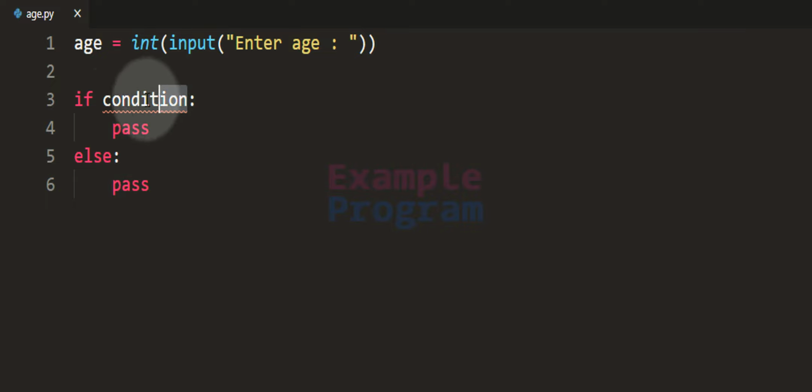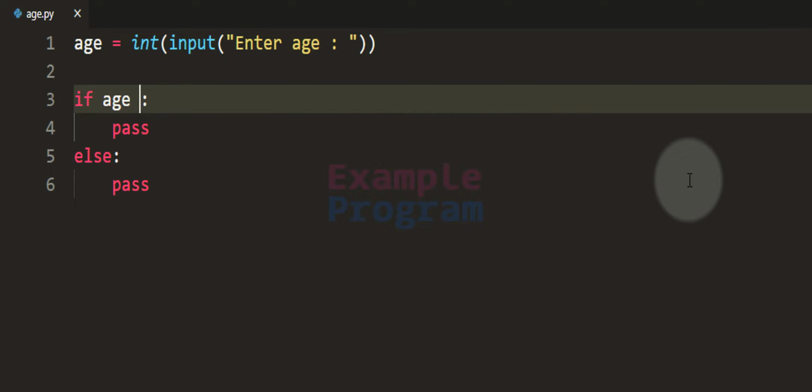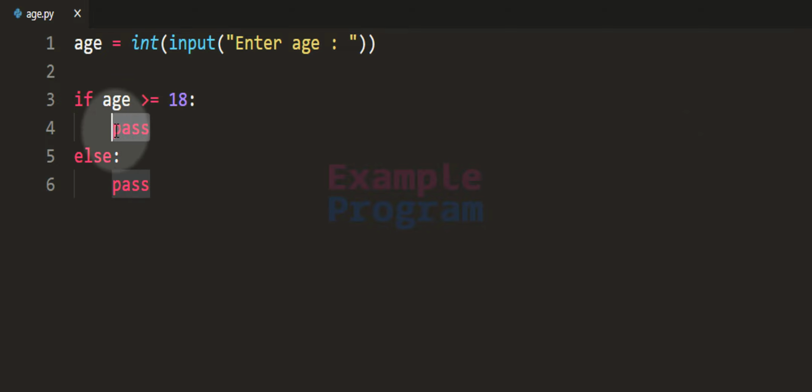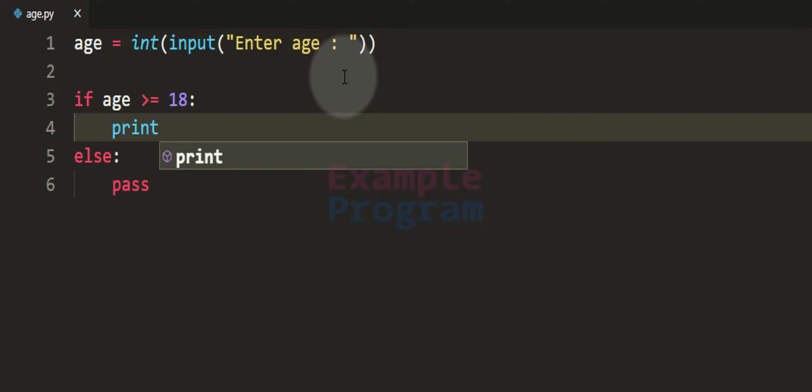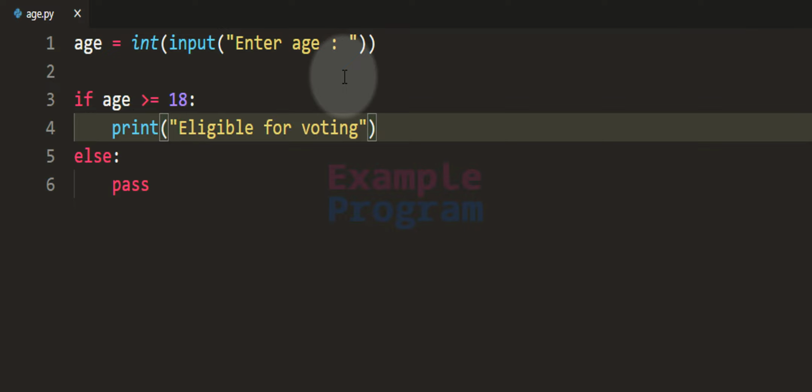So the condition here will be if the age variable is containing a value which is greater than or equal to 18. If it is so, then the person is eligible for voting, and we will display that message using the print function. Here we will say eligible for voting.